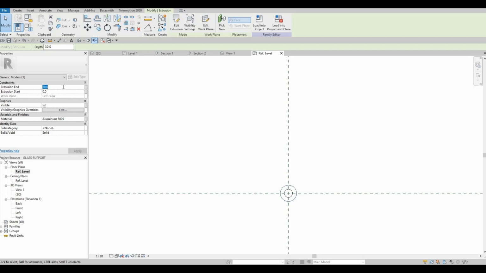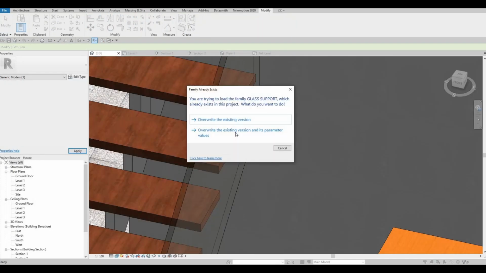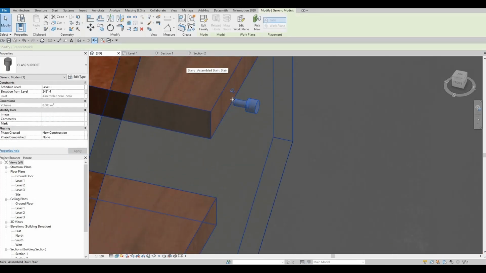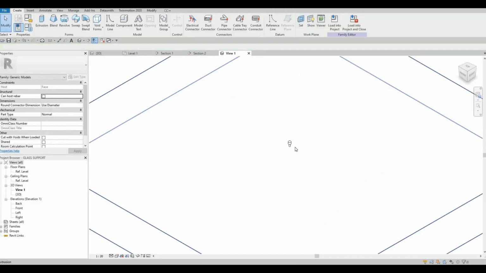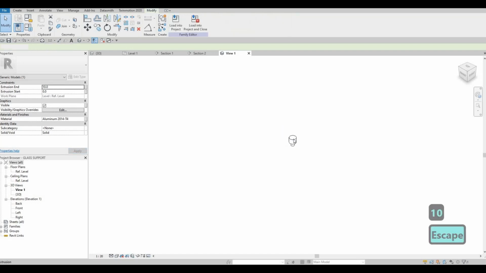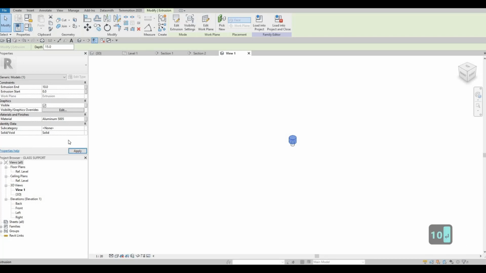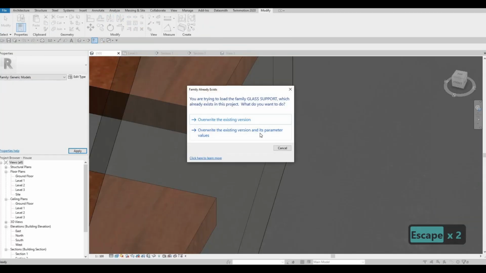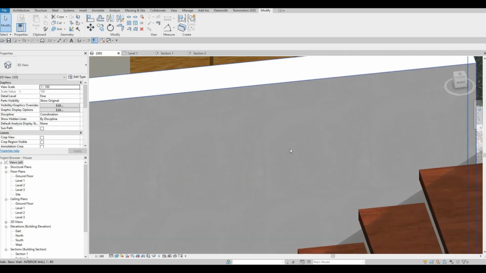Extrusion is around 15. Load it, no, and then override existing and its parameter, and as you can see it looks like this. We can make it much better, a little bit on the extrusion side. On this side I want it to be 10. There we go. This one, make it 10 as well. Load it back, override extrusion there,